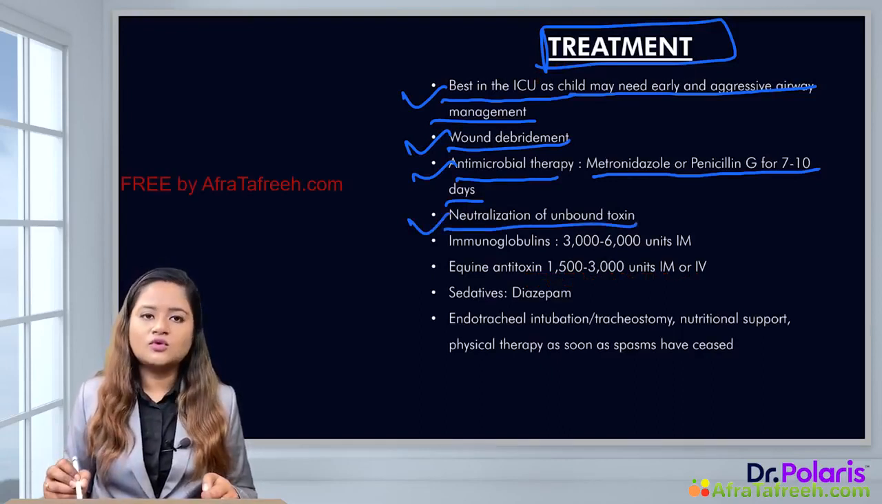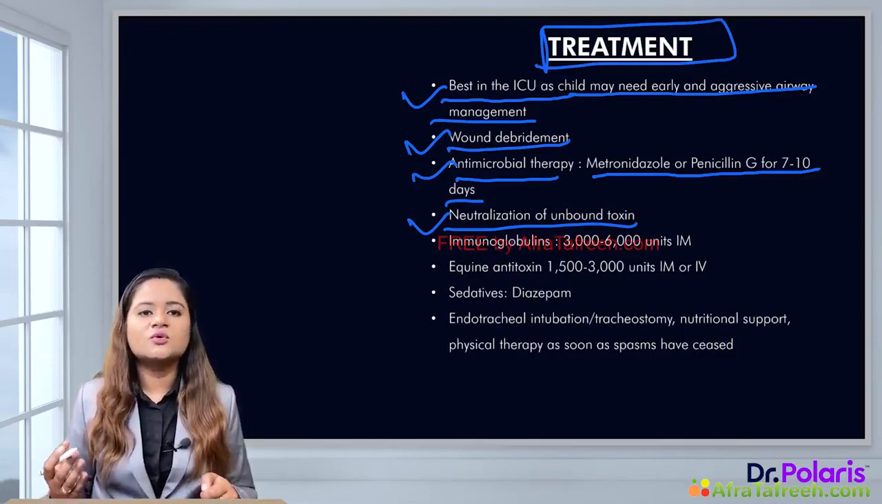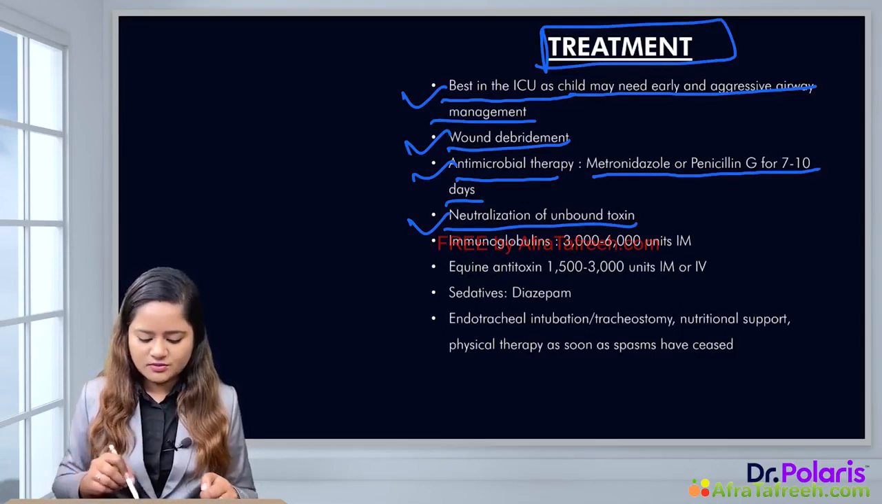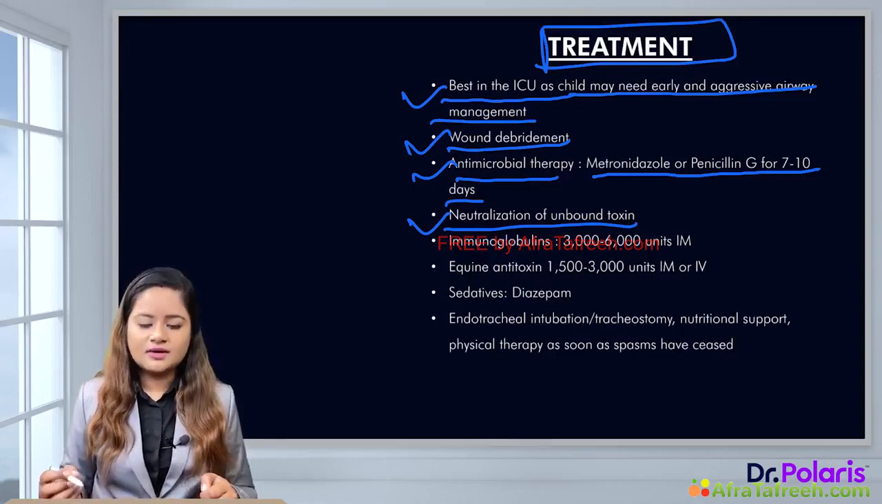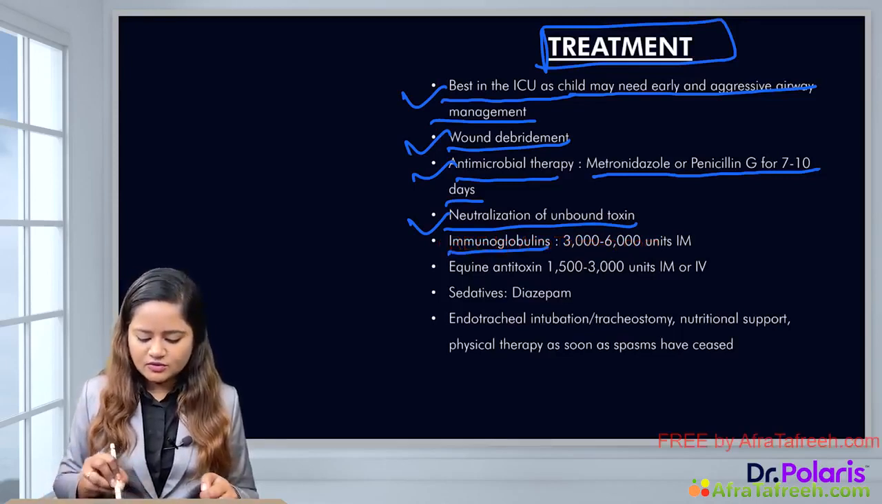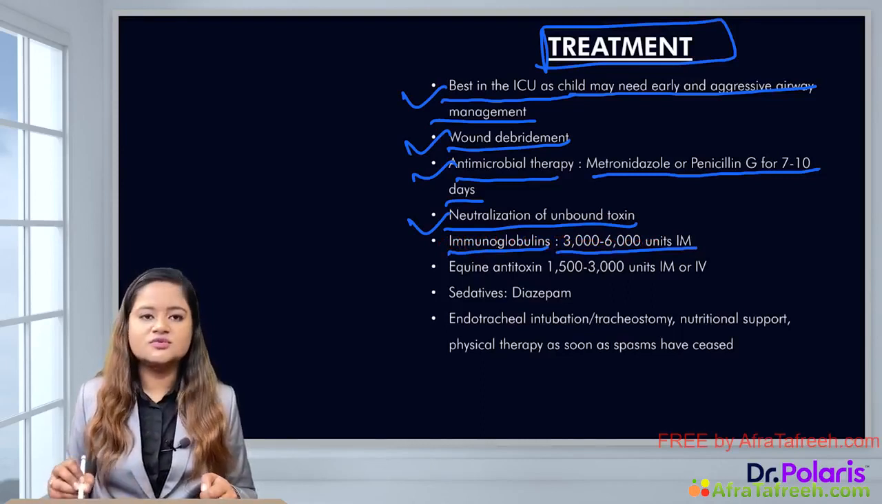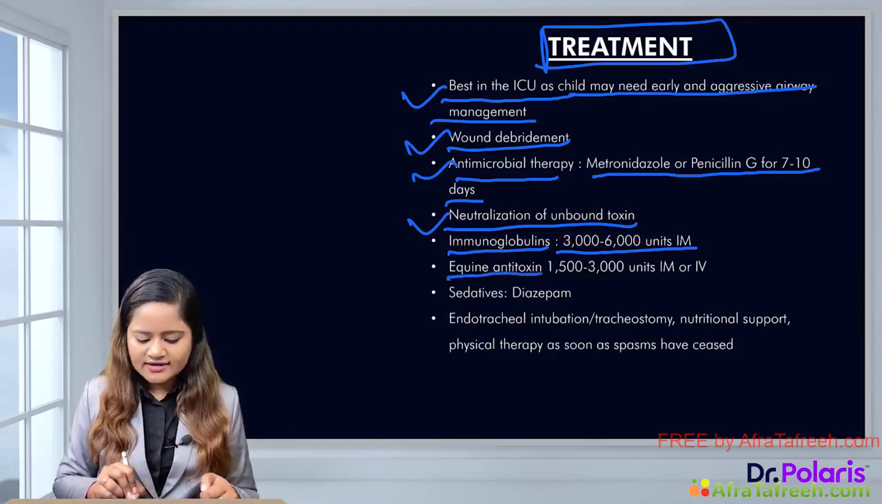Neutralization of the unbound toxin is very important. So the entire mechanism is why? Because there is release of toxin, tetanospasmin, that is causing all the blockage and the neurotransmission problem. So neutralization of this unbound toxin by giving immunoglobulins 3000 to 6000 units intramuscular, equine antitoxin around 1500 to 3000